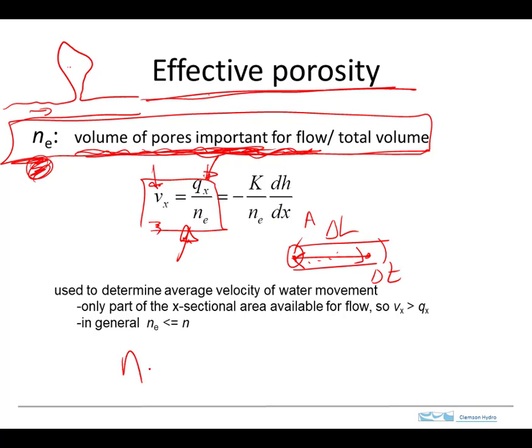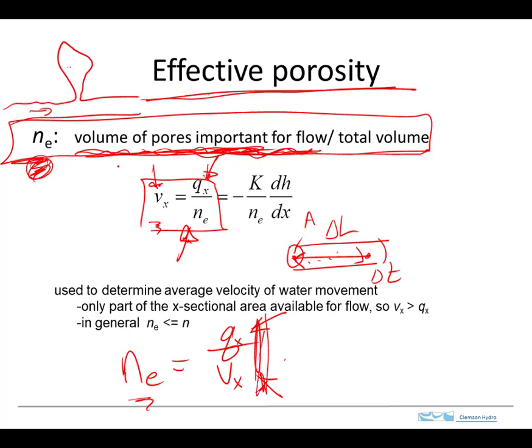So we can think of effective porosity then as the flux in the x direction, or in some direction, divided by the velocity in that same direction. Okay, and indeed, if we can measure what the flux is and measure the velocity, then we get, I think, a pretty clear definition for effective porosity, even though this definition here doesn't really have any mention of a